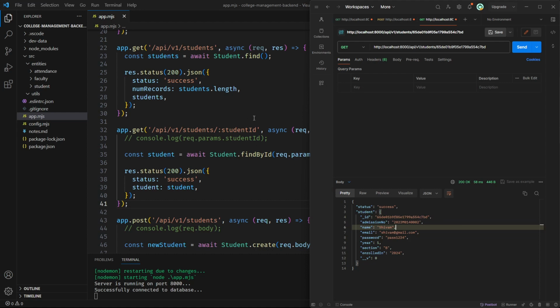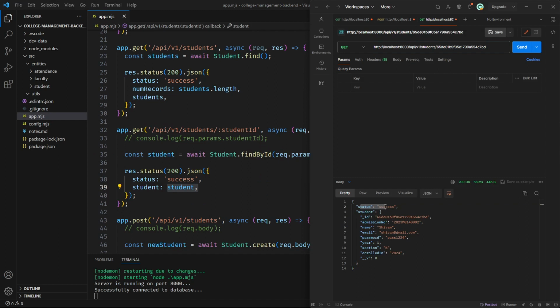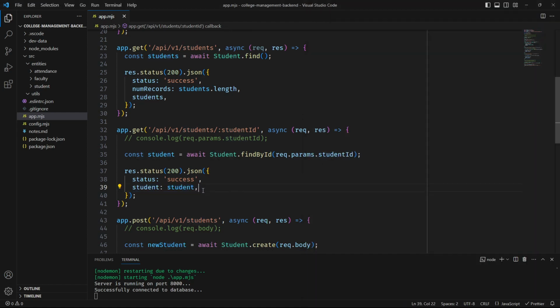So basically we have supplied the id from here, and it got passed in req.params, from where we extracted it and passed it to this function. So findById will search in the database for this student id, and will give us the corresponding student, which we are sending here. If you see the output, we have a status key and a student key with this object, because student is actually an object. There is actually a shortcut for doing this. If the key and value pair are the same, we can just omit it. So I can also do it like this.